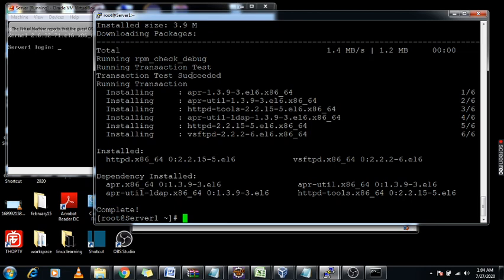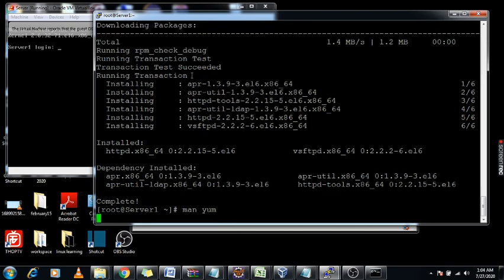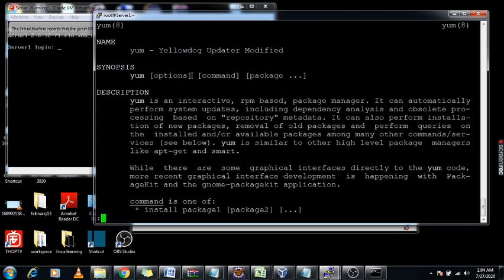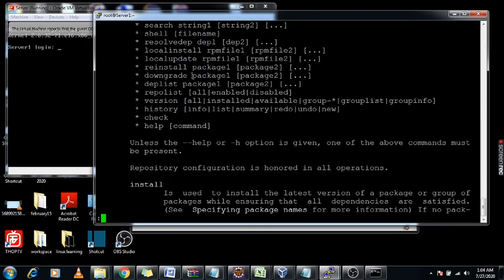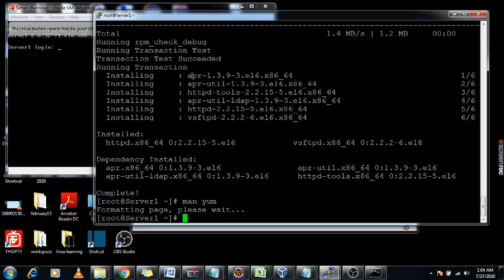Also there are multiple options while you are using this yum. Using the man pages you can check the utility. There are multiple options available to install or check information about yum.